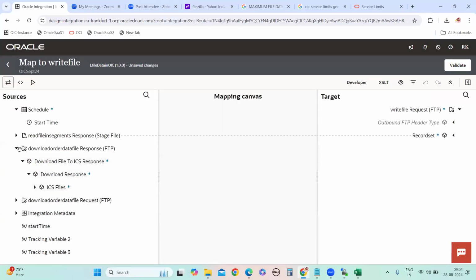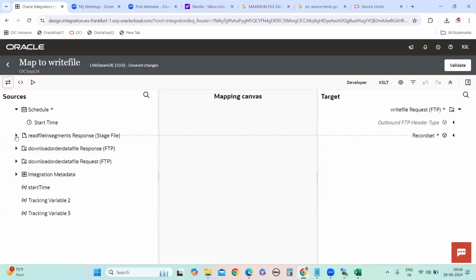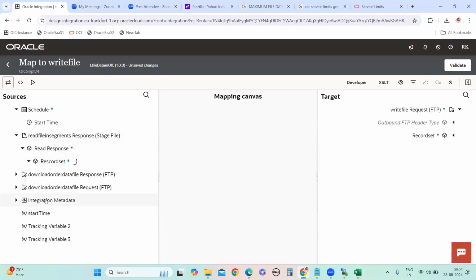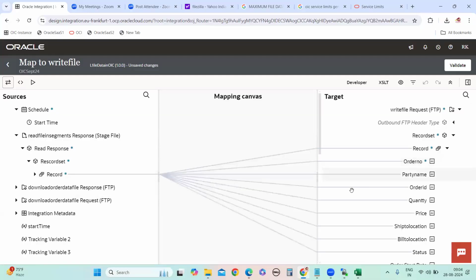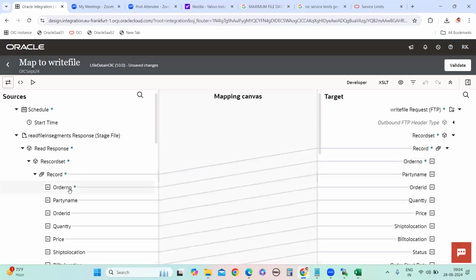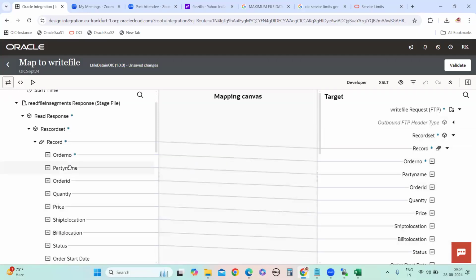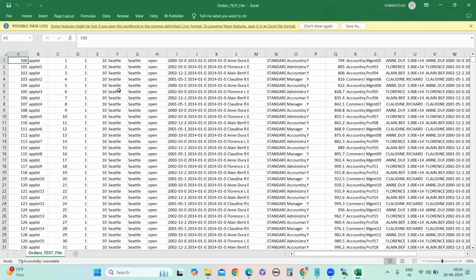If you see the read file segments, read file response under the record, whatever the order number has as data, that data we are sending here. We are nowhere sending in the column mapping. Even though it is showing in the column name, the column names are not populated in the write file directory.